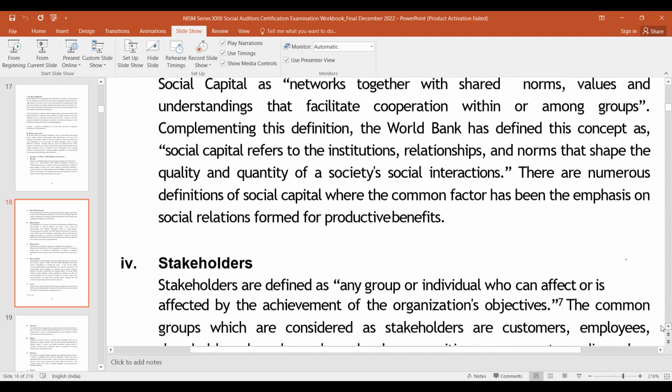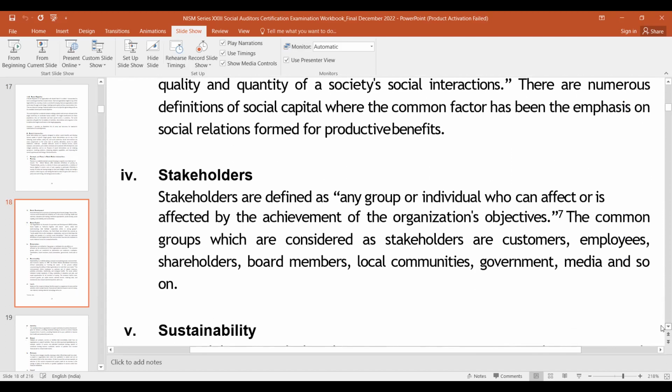उसके बाद में फिर stakeholders आ गया. Stakeholder कौन है? Stakeholders are defined as any group or individual who can affect or is affected by the achievement of the organization's objectives. Now, both ways it is covered. So stakeholder is defined as any group or individual who can affect or is affected by the achievement of the